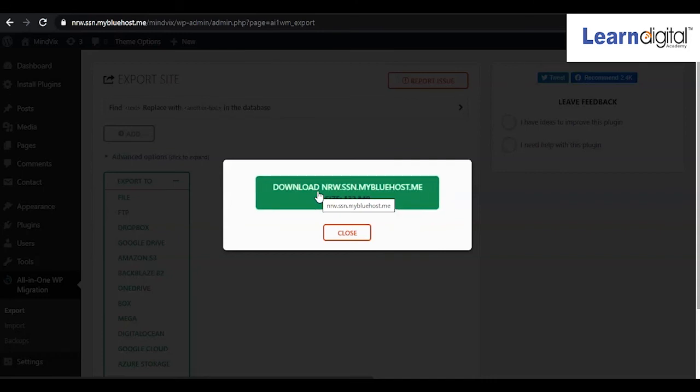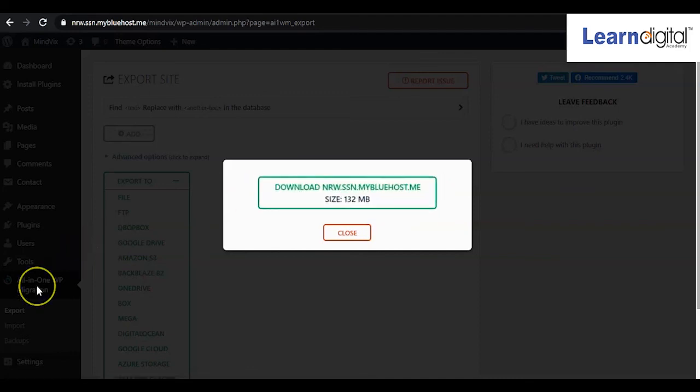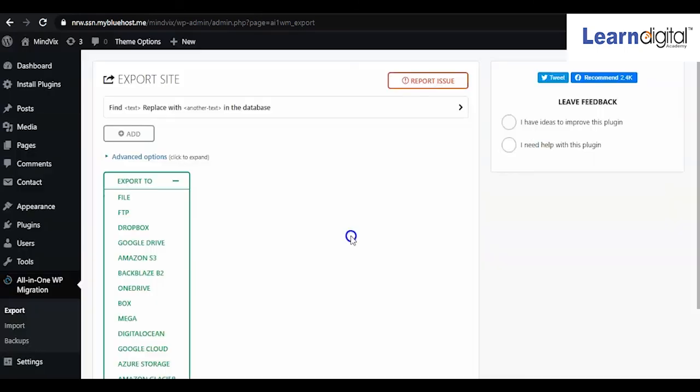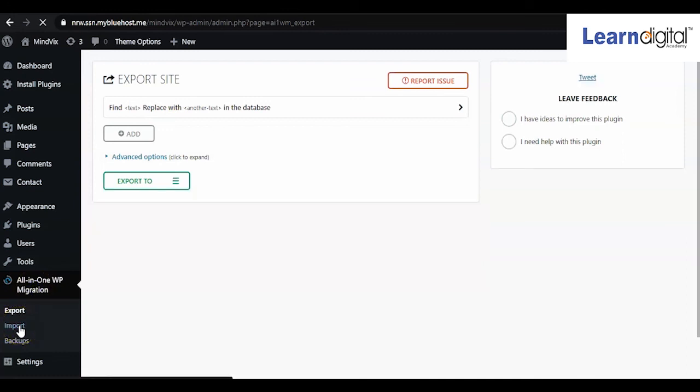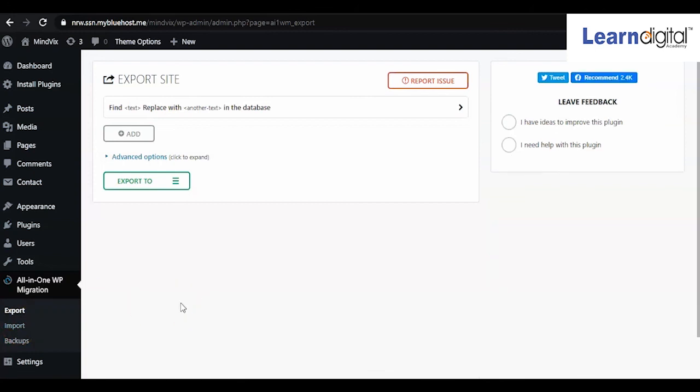So in future, by mistake, or if any error comes to your website, definitely you can go again to All-in-One WP Migration, and from here you will select import, right? If you select import, you can select that file and upload it here, in the same format, website